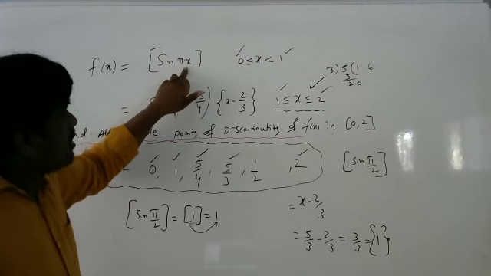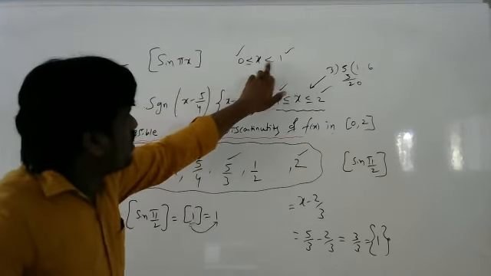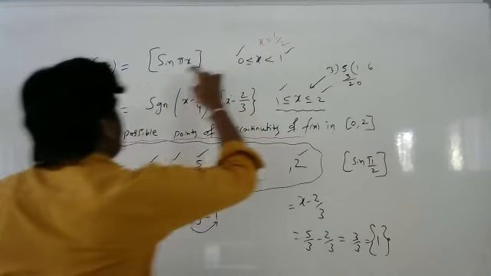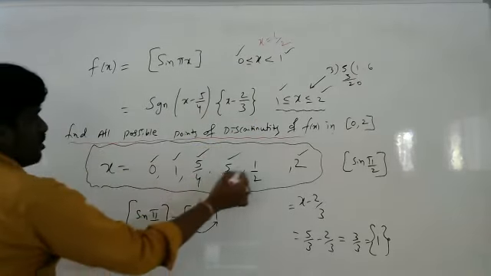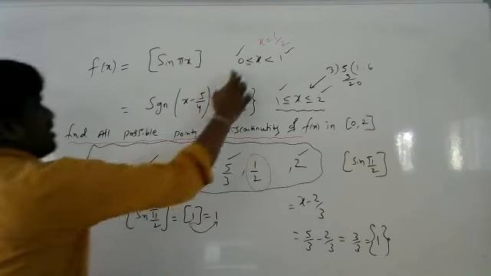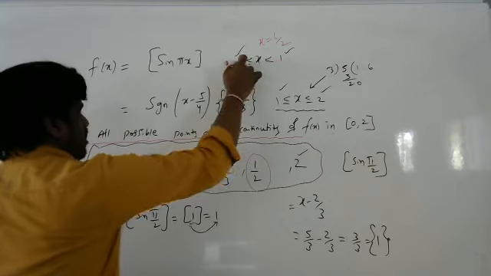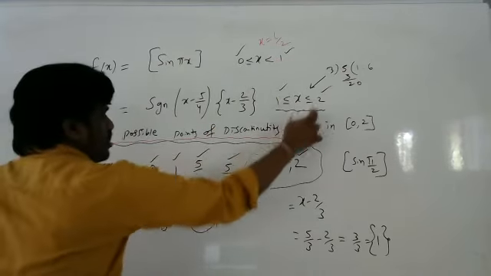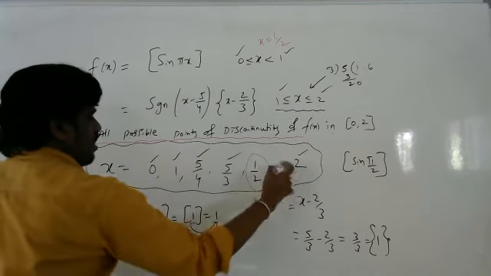So what is the possibility here? If I take 0 to 1, if I take x equal to half, at that time this is going to become discontinuous. And what are the other possibilities? This corner point, at this corner point, 0 checking point, 1 checking point, 2 checking points. So this is 3 already done.